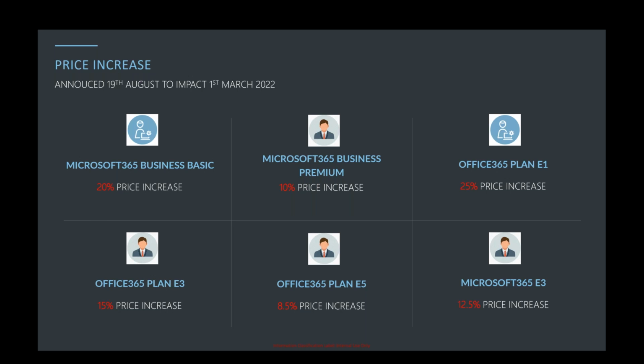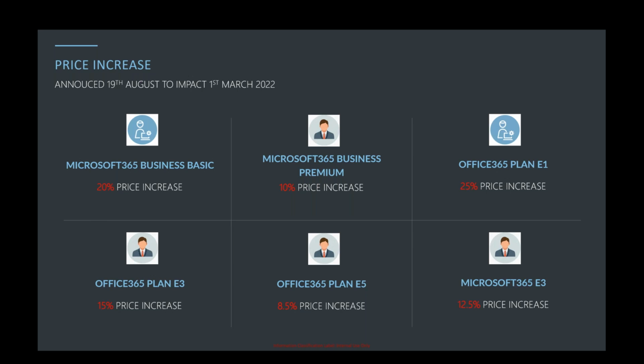And if those answers have traditionally been, maybe not so much, then that doesn't really justify that move from E3 to E5. So one could argue that part of this play with Microsoft is to lower that gap between the E3 and E5, therefore making customers able to assess the commercial impact of that upgrade and find that E5 price more agreeable, simply not by reducing that price, but by increasing the price of the plans underneath it. So these are the price increases that are due to hit on the 1st of March 2022,